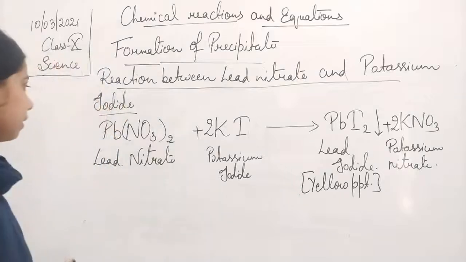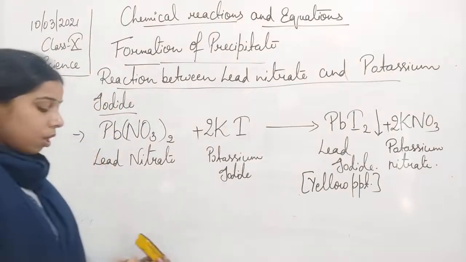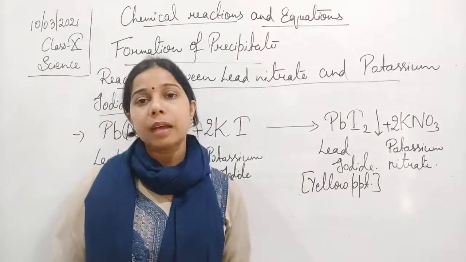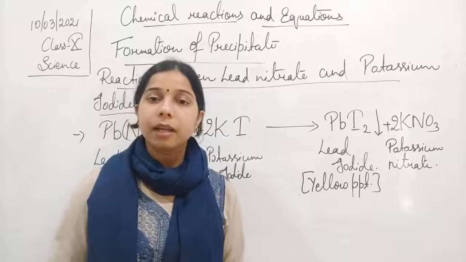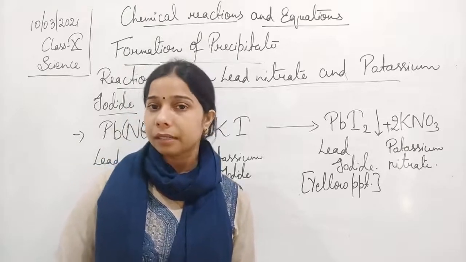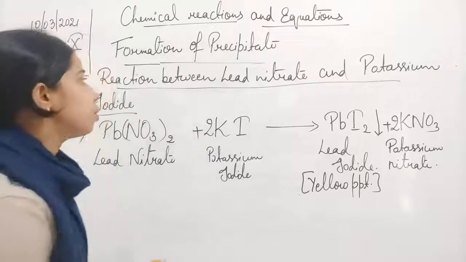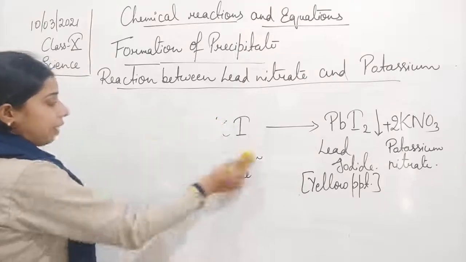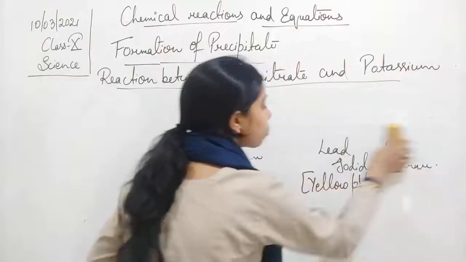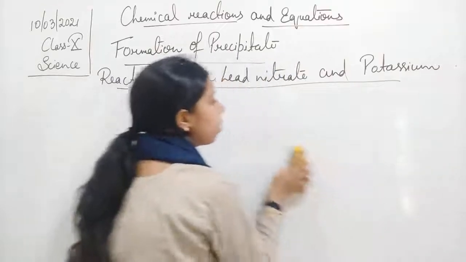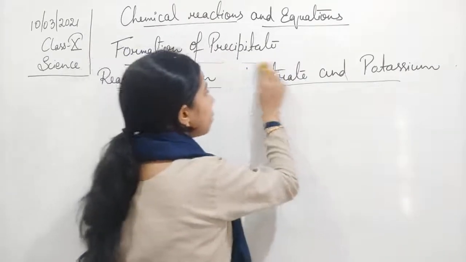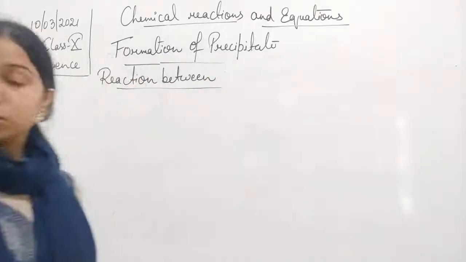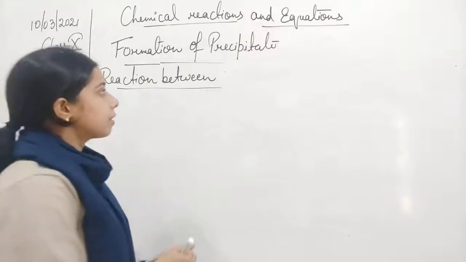Moving on, we can see the next example also. That is a reaction between barium chloride and sodium sulfate. I hope this reaction we have already studied in class 9. So let me remind you what happened when the reaction takes place between sodium sulfate and barium chloride. Instead of sodium sulfate, we can also use sulfuric acid. That will also help in producing a precipitate. So let me write the first reaction, that is the reaction between barium chloride